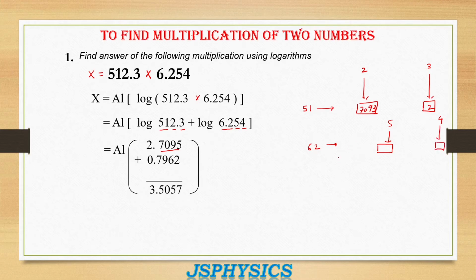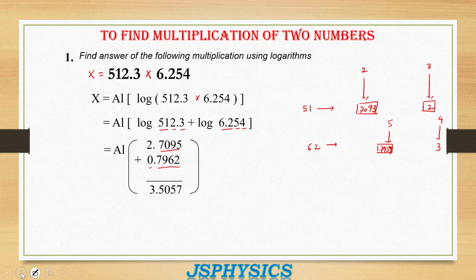So you find out this number, you will see that this number comes out to be 7959, and the other number comes out to be 3. So when you add these two, you get 7962. So the mantissa for this number becomes 7962. The log of this number will be the sum of characteristic and mantissa. So that becomes 0.7962. Now because we are doing addition here, on adding this 2.7095 we'll get the answer 3.5057.